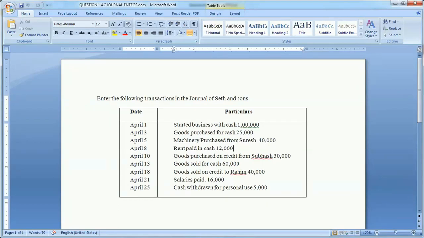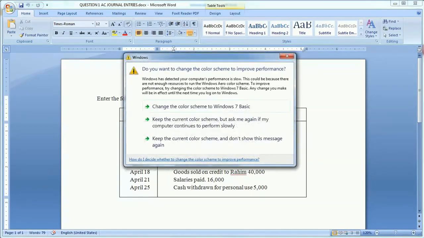Enter the following transactions in the journal of Seth and Sons. The transactions for a period of April, that is a month of April, have been given. 1st April started business with the cash of rupees 1 lakh. 3rd April goods purchased for rupees 25,000. 5th April machinery purchased from Suresh rupees 40,000. 8th April